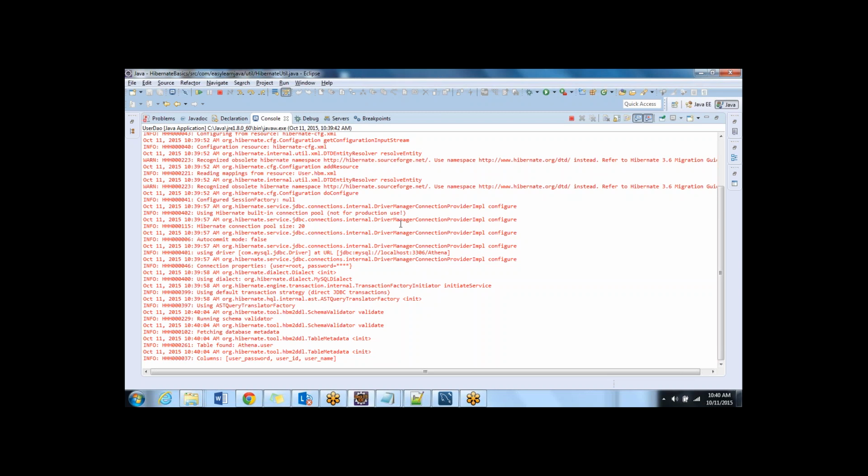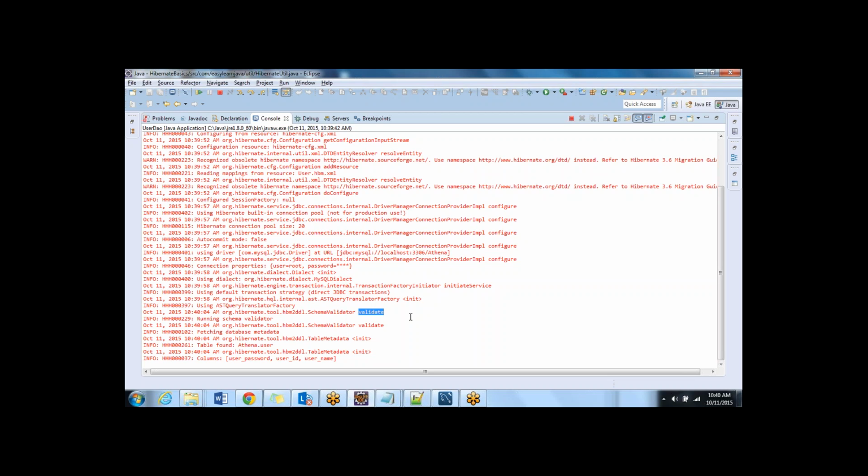console. In the console, did you notice here, everyone, it is trying to connect using this driver, and the URL that it is using is this Athena, which means this is the schema to which it is connecting, and the username is root, and the password, it is not ideally printing since it is a password. The password is password. So it is doing these things,